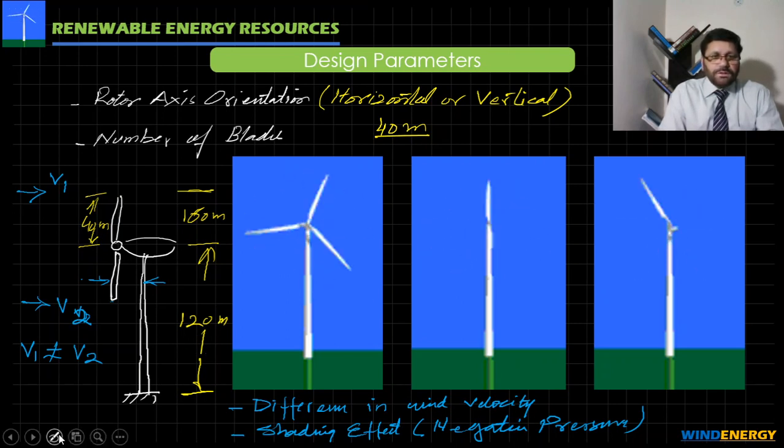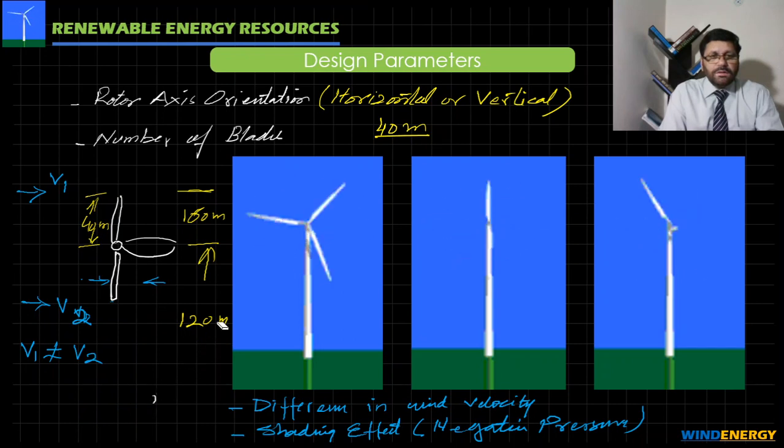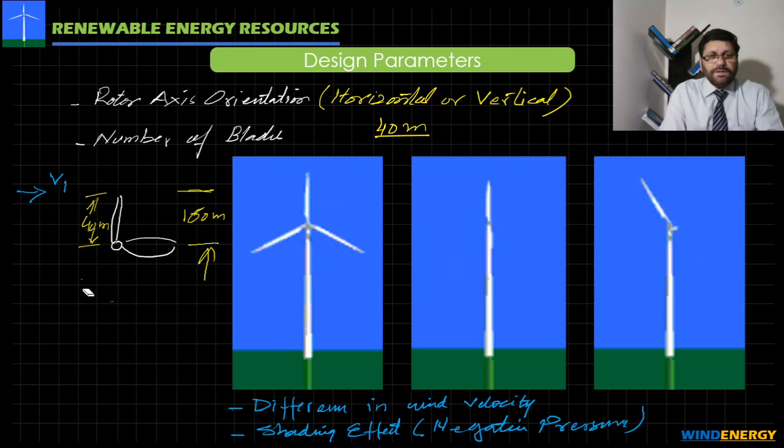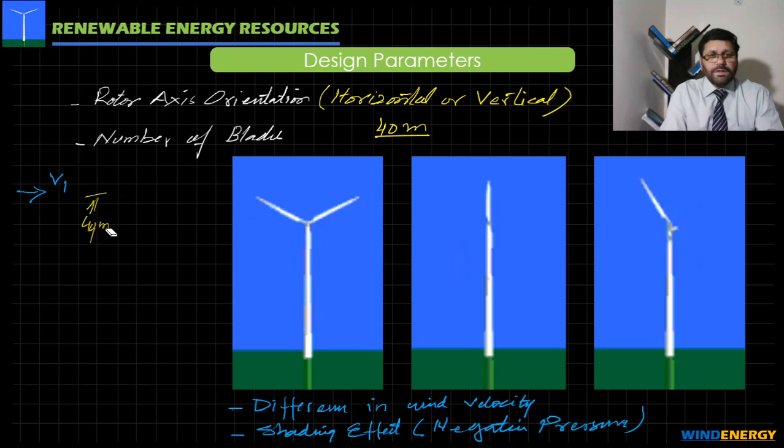Now after that we consider the three blade wind turbine, and in three blade wind turbines these two problems are resolved. There is no difference in velocity, because there is no position where at one time the top blade is up and the second blade is just behind, in the opposite direction. So this problem is resolved.